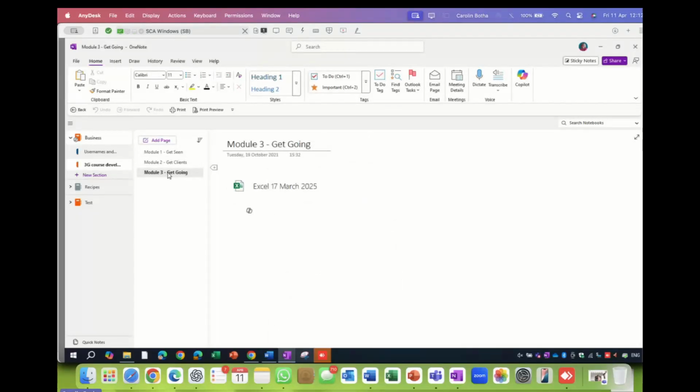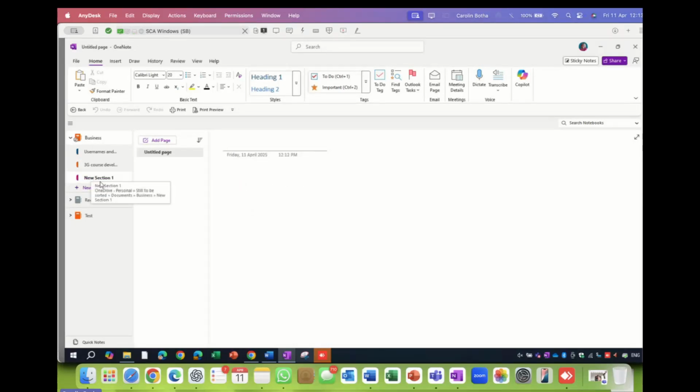How do I add another section? I want to add another section in my already existing business notebook, and then I'll show you how to create a new notebook. As I said, you won't get confused, because the new section underneath business, I can just click and I can call this section. It already jumps to the page, but I first want to rename the section so that it makes sense.